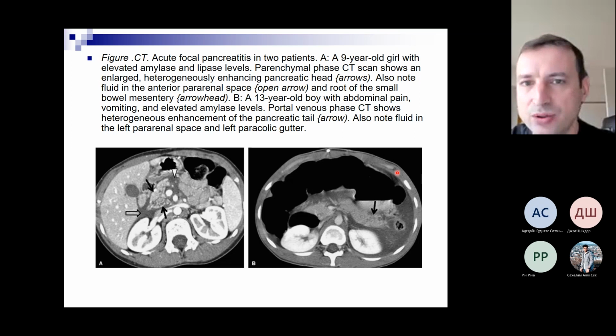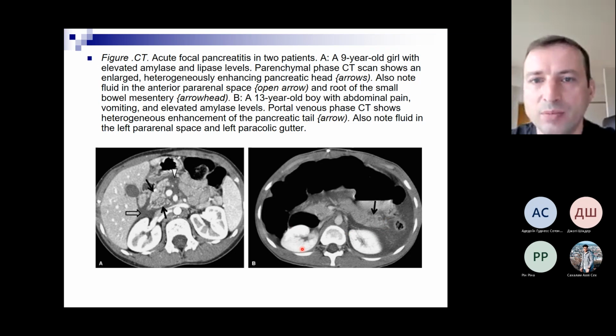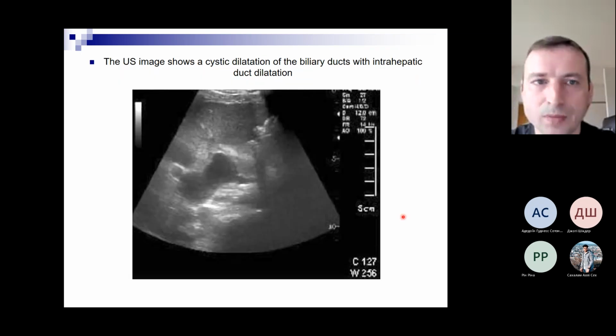At picture B, a 13-year-old boy with abdominal pain, vomiting, and elevated amylase level. Portal venous phase CT shows heterogeneous enhancement of the pancreatic tail. Also note fluid in the left pararenal space and left paracolic gutter. This ultrasonography image shows a cystic dilatation of the biliary duct